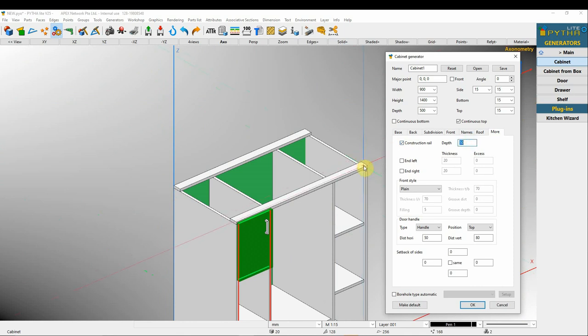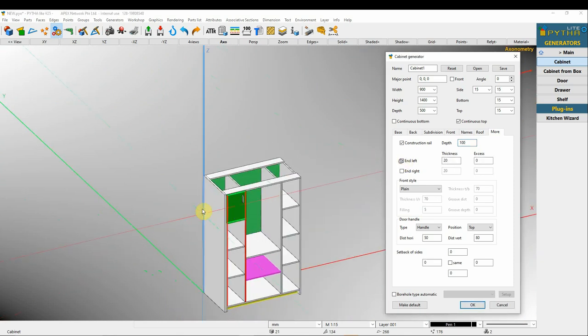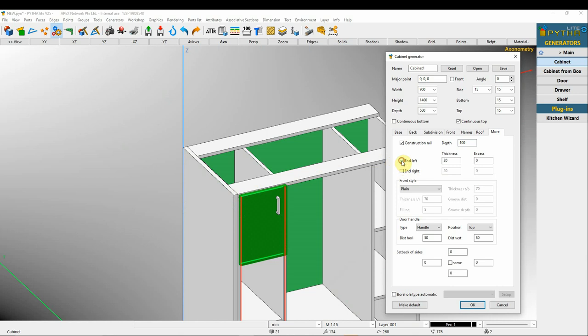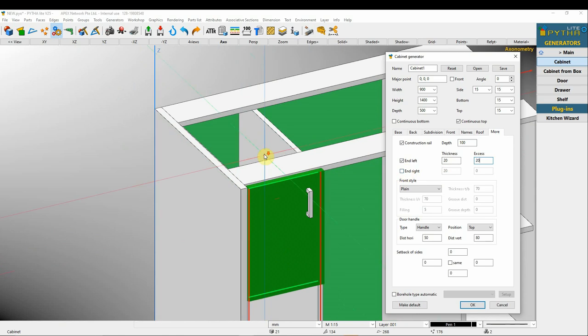Depth refers to the depth of these construction rails. And left adds a panel to the left. You can choose the thickness of the panel, and if you want it to be protruding out, you can add the excess. Same for the right.